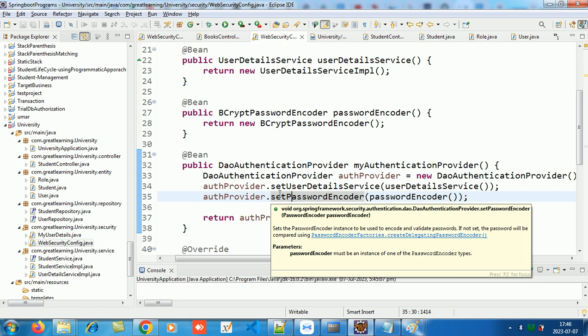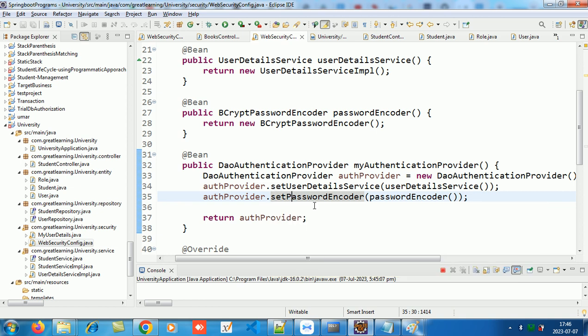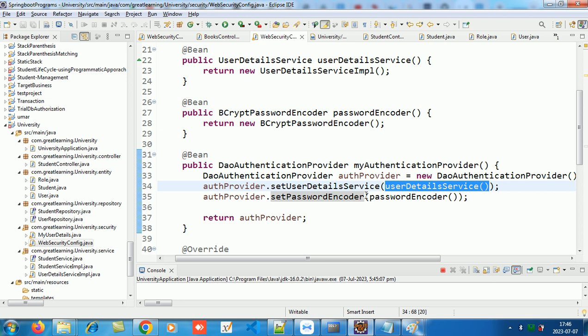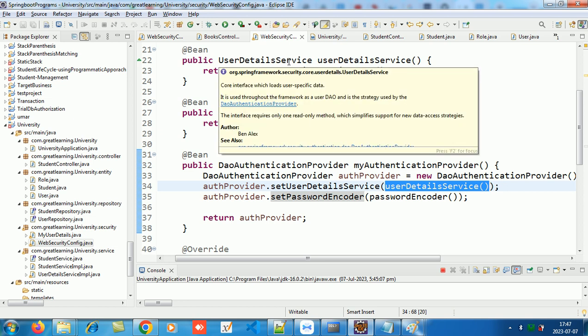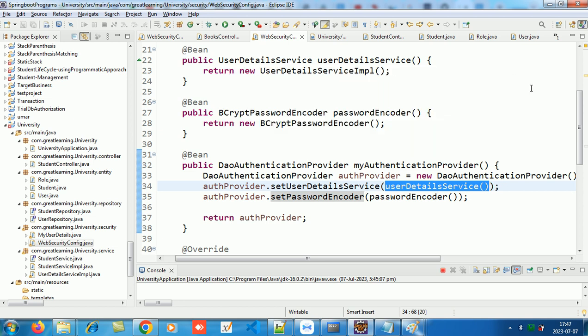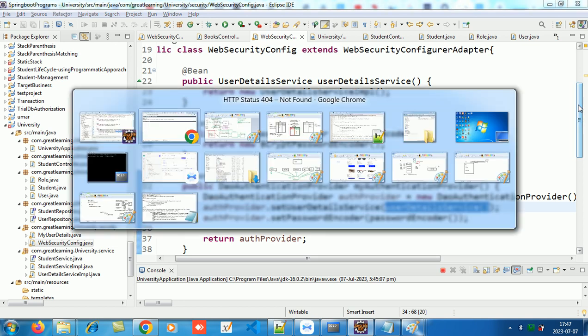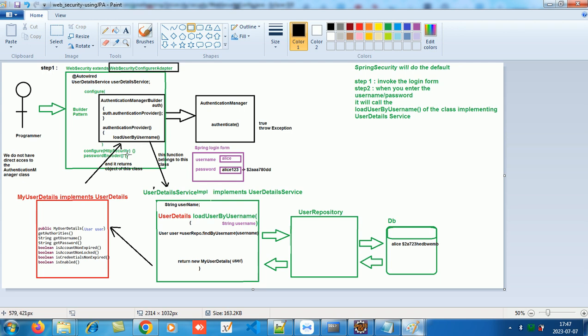So for this I have two functions, set user detail service and set password encoder. To do that I am writing my local functions. These are two local functions. So they go to the user detail service. Now this user detail service, what it does is, let's come back over here. Okay, so for the user detail service,